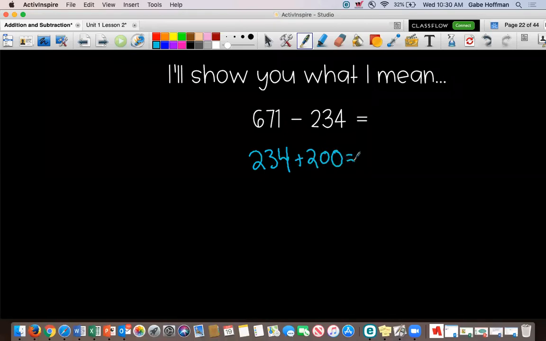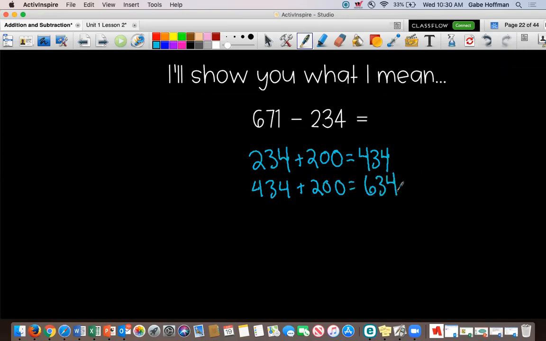And I'm adding a 2 to the hundreds place, so I know that's 434. Okay, now I'm going to look. I've got to get to 671. I know I can add another 200 without going over. So I'm going to do 434, and I'm going to add 200, and I'm going to get